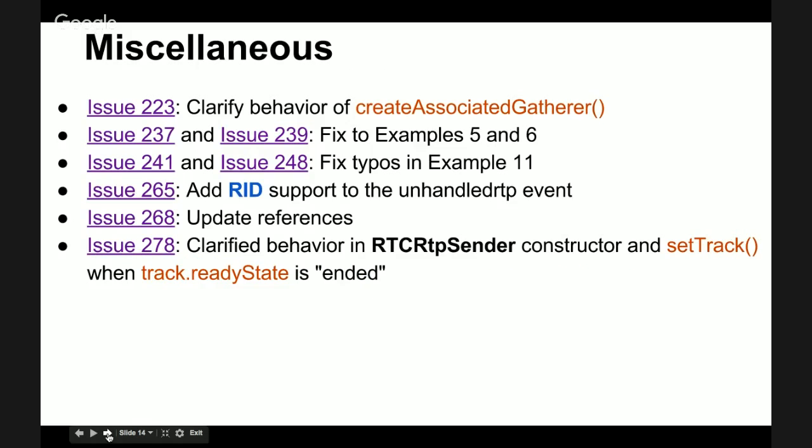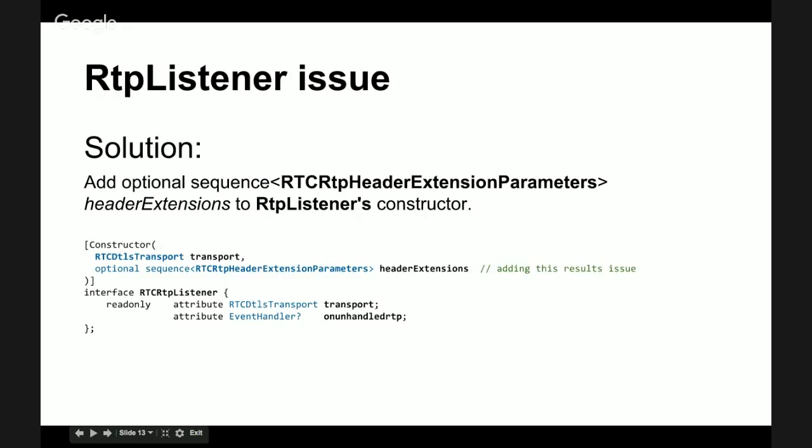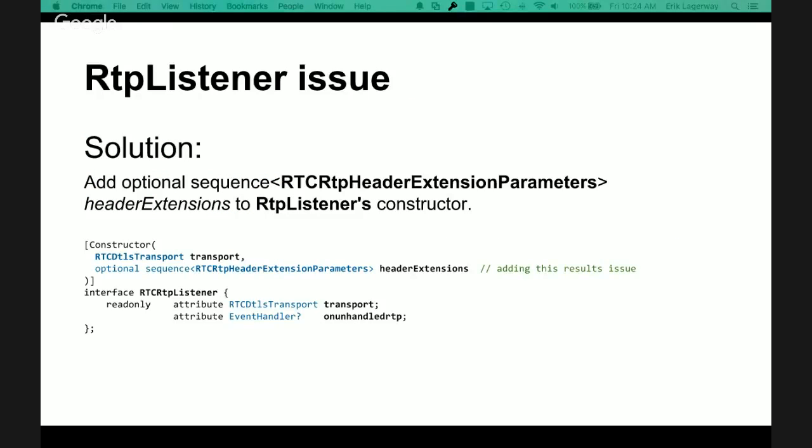Okay, before we move on, can I throw out one other thought? Absolutely. So the crux of the matter here is that we already have a listener, and the listener already exposes some info about the packet that wasn't received, the payload type and the SSRC, but the header extension information is not there. So one option is just expose some header extension info and leave it up to the JavaScript to sort out what it means. It can't interpret the packet that's coming in until it has the header extension info.